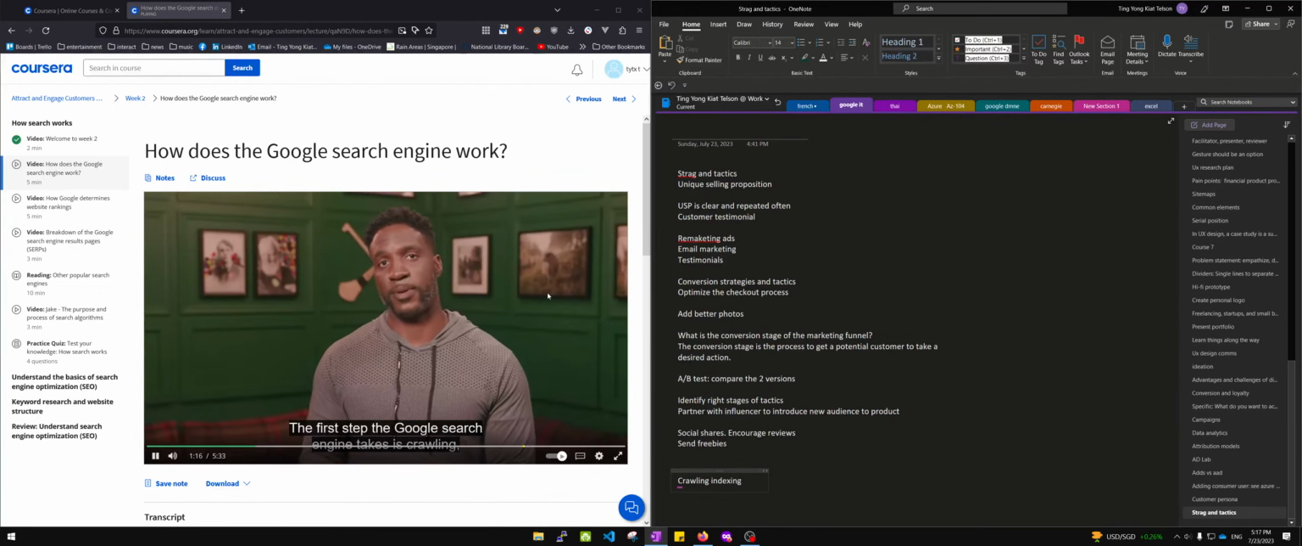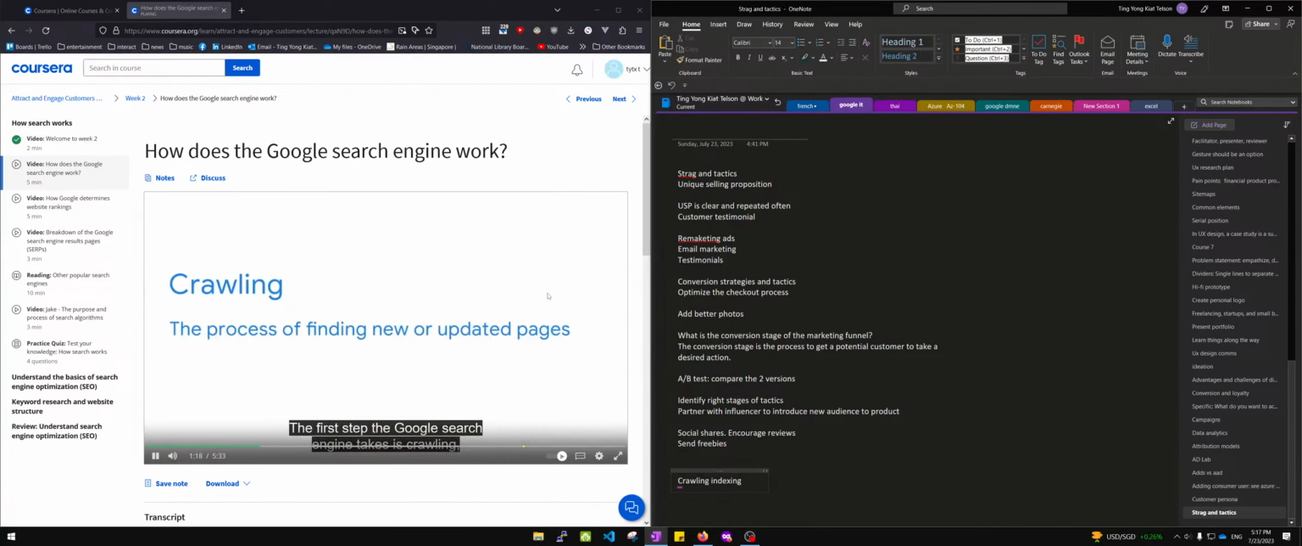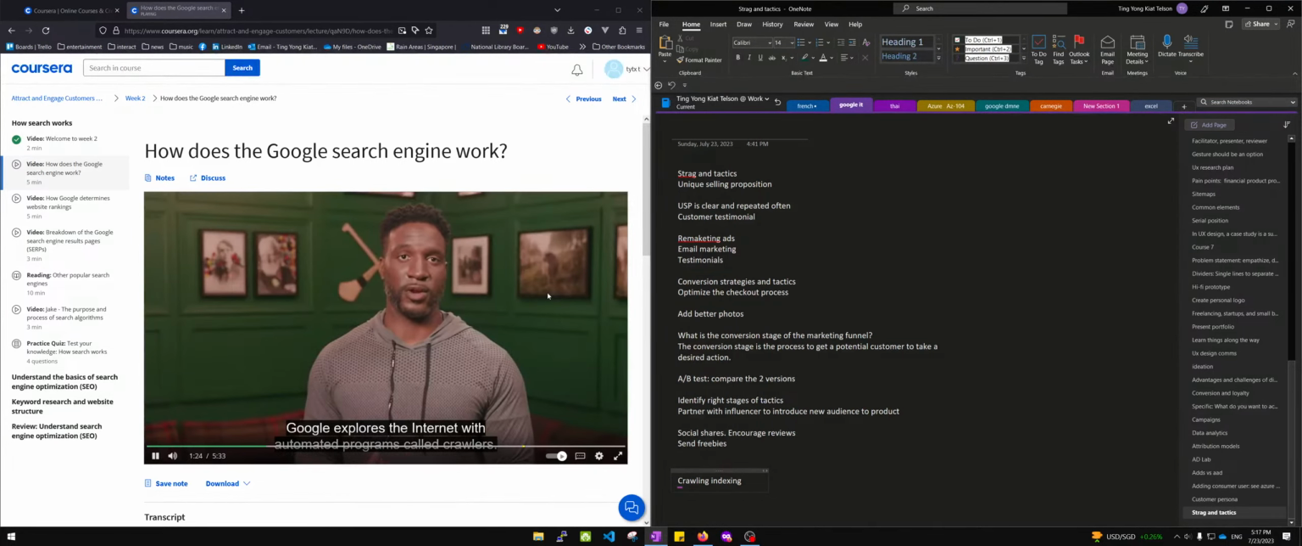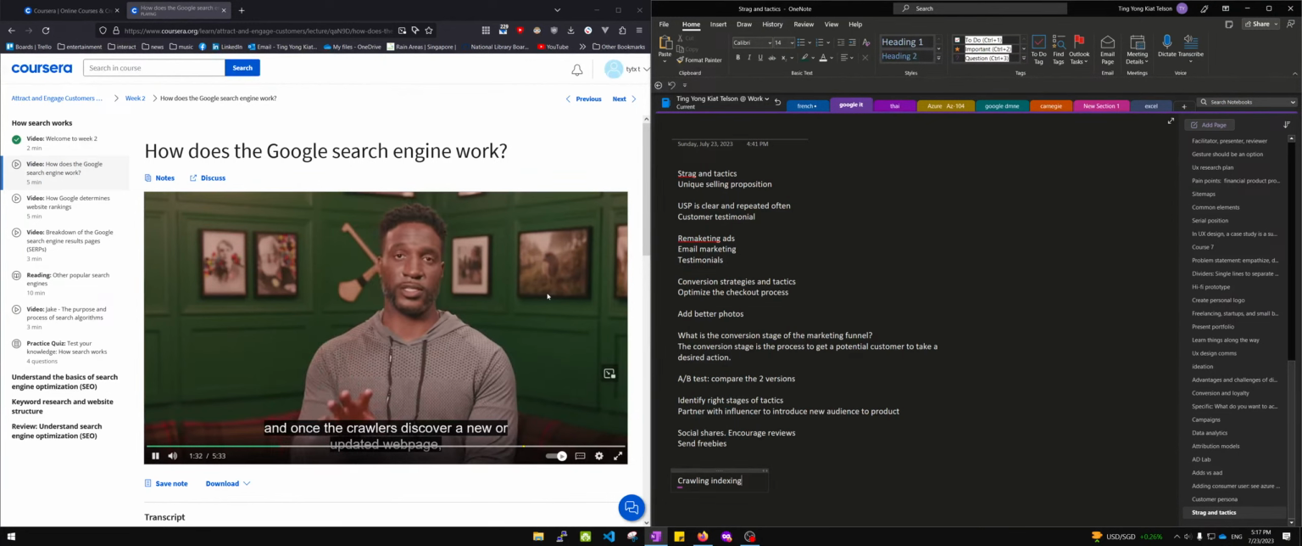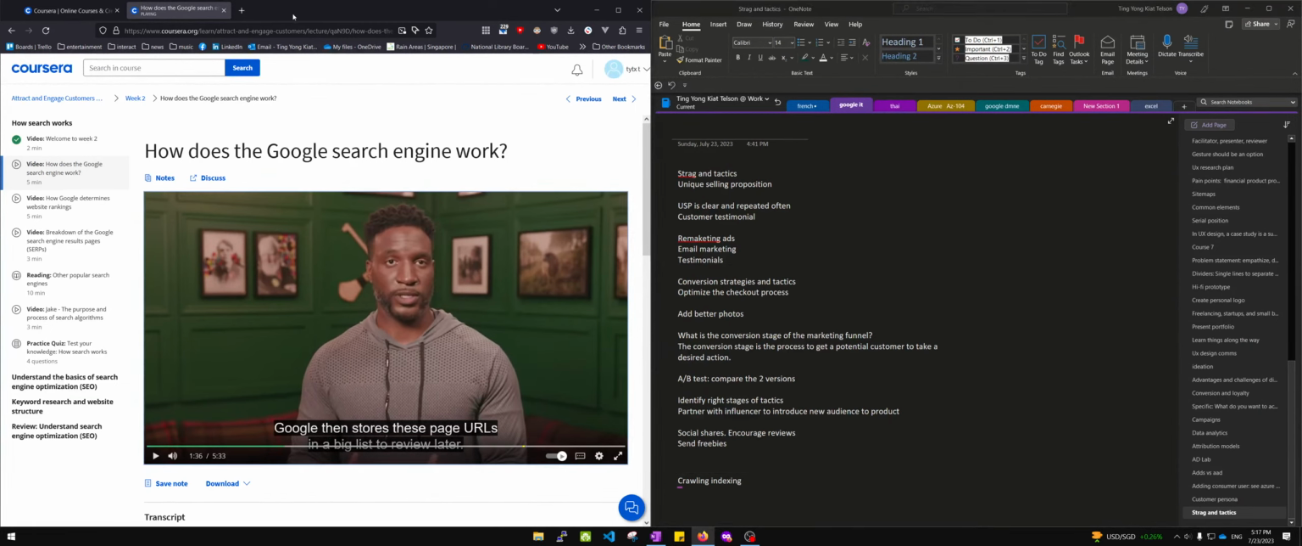The first step the Google search engine takes is crawling, which is the process of finding new and updated web pages. Google explores the internet with automated programs called crawlers. These crawlers find new and updated web pages. And once the crawlers discover a new or updated web page, Google then stores